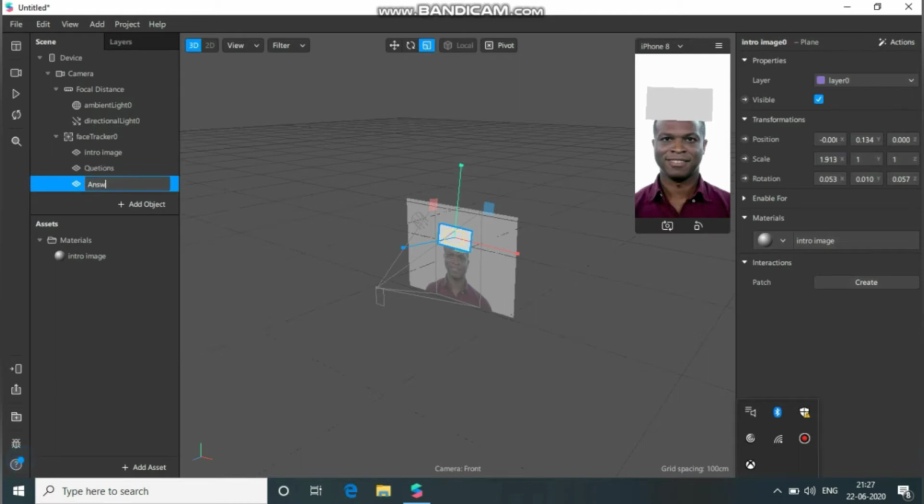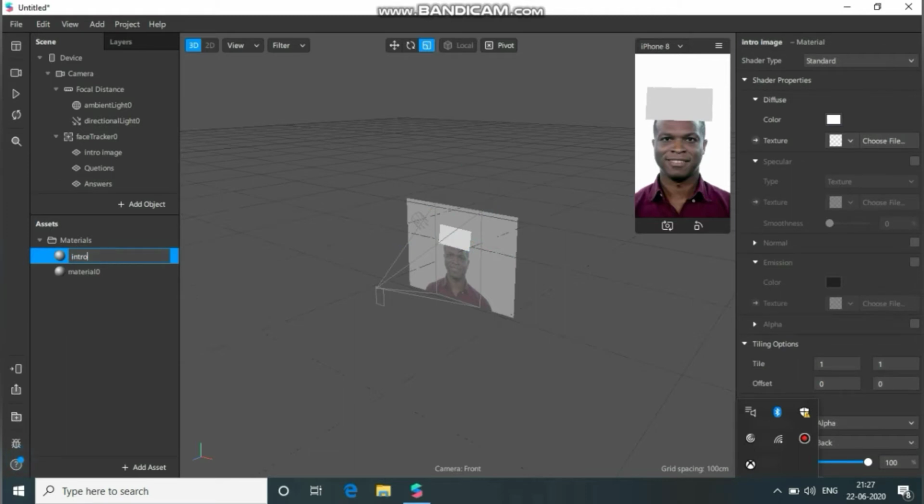Same way, we need to create materials as well. Create new material. Rename it as questions. Same way, for answers also, we need to create a material.